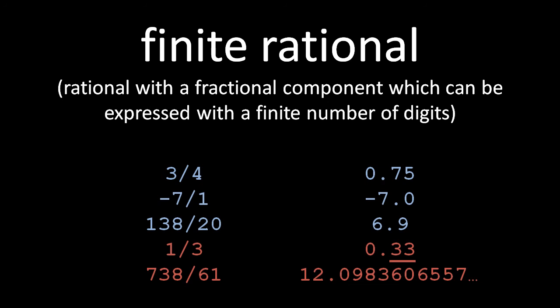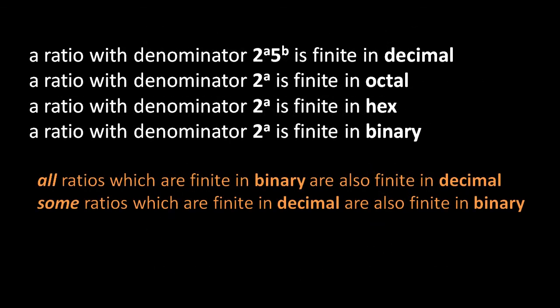In fact, there's a relatively simple formula we can use to determine whether a ratio is finite in some particular number base. The rule is that if the denominator of a ratio is equal to the product of the factors that make up the number base, each multiplied times some exponent, then that ratio is finite in that number base. So for instance, decimal is base 10, and 10 is made up of the factors 2 and 5. So if a ratio has a denominator which is equal to 2 raised to some power a multiplied by 5 raised to some power b, where both a and b are positive, or 0,